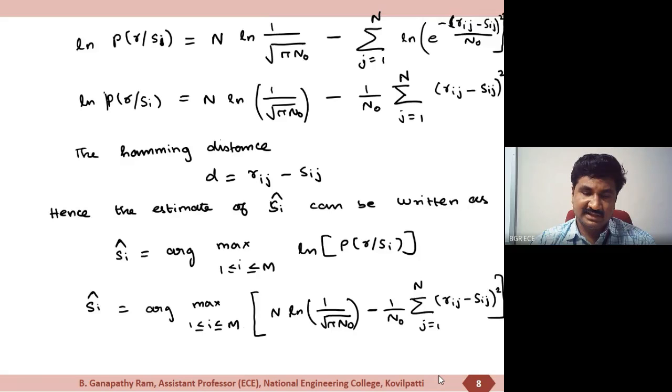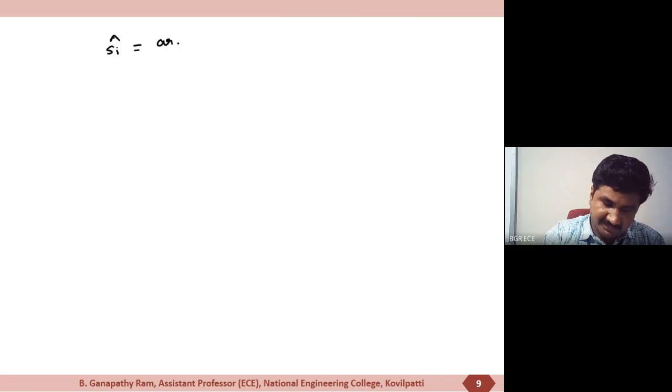That means we can choose the estimate by considering the minimum argument value within the range of i from 1 to m